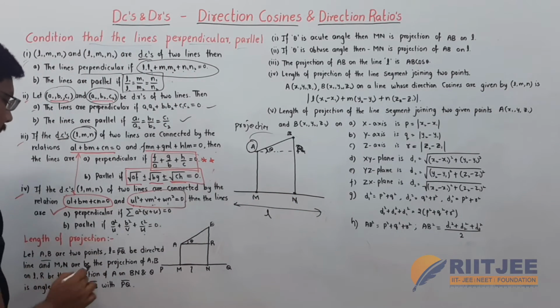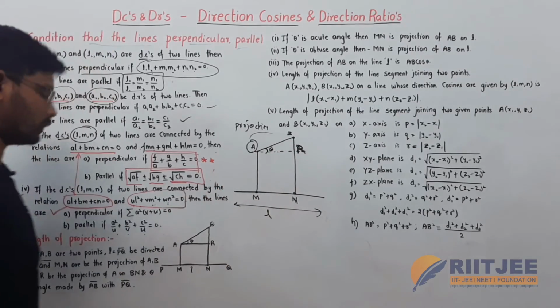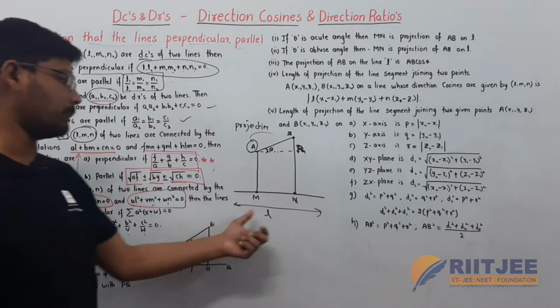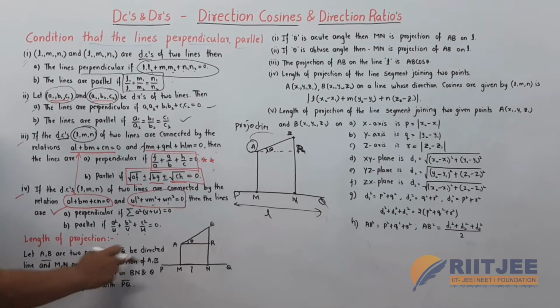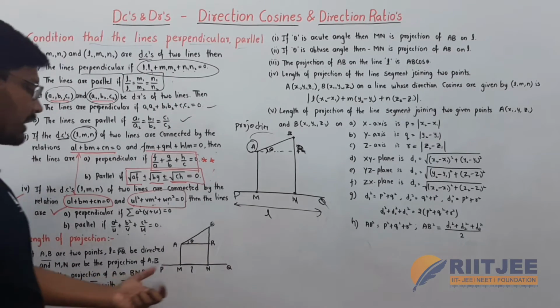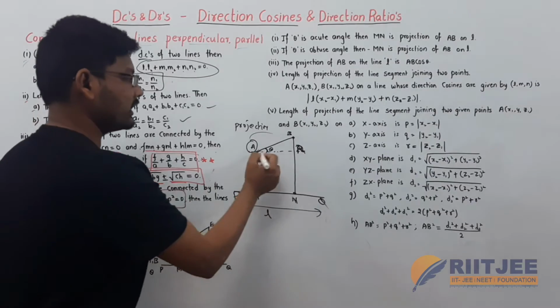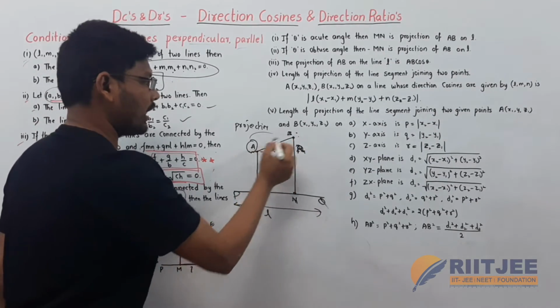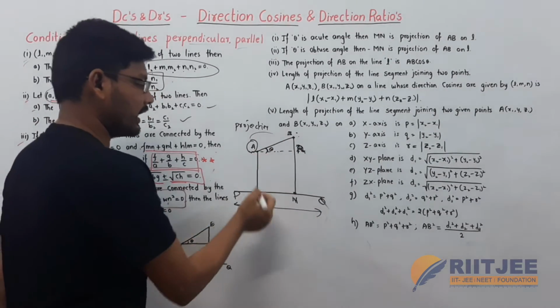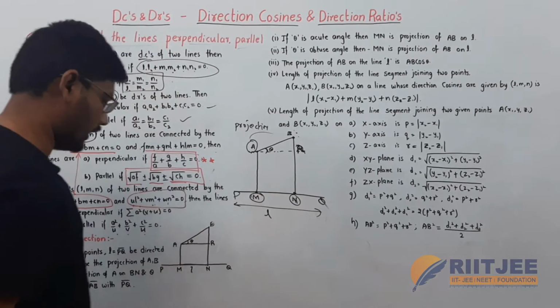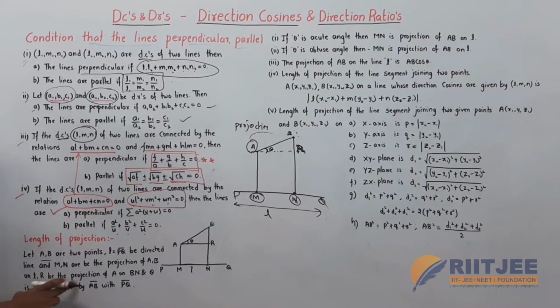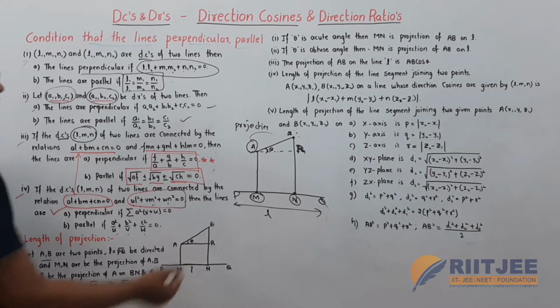Here let A, B be two points. Let L be equal to PQ, and be directed, and let M and N be the projections of A and B. These A, B are points of a line, where M and N are projections of A and B respectively. Now let L be the projection on B.